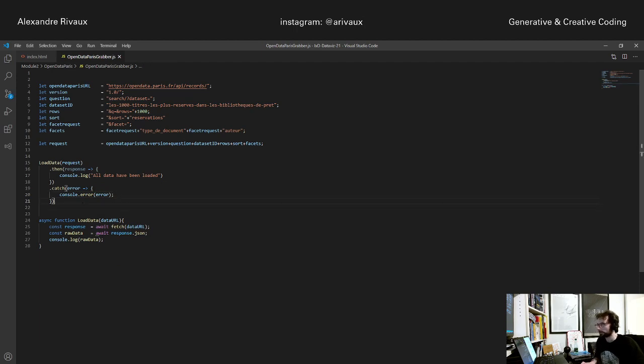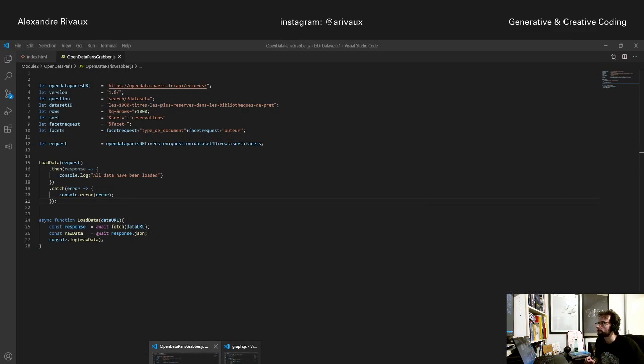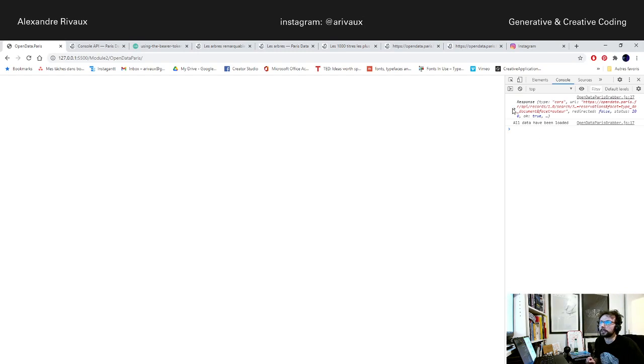And now I can add my semicolon here and see. Okay, as you could see here, we have all the data here which are loaded into native code. You could try to get the data, so here you will have all the data. Okay,